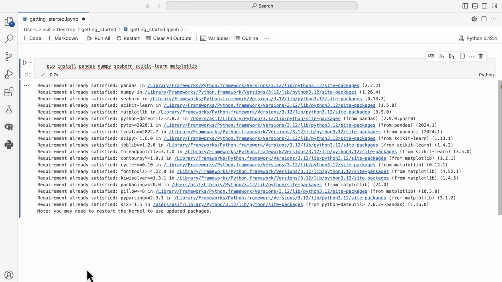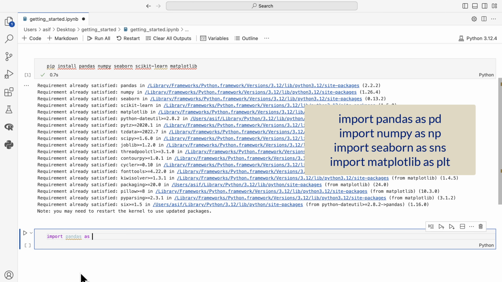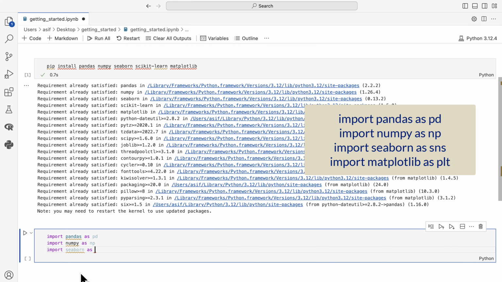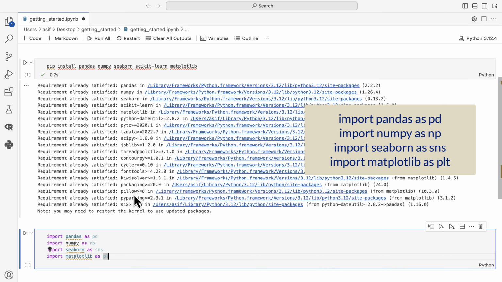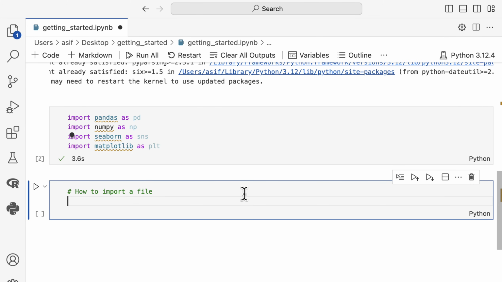In order to create a new command, click on code, this one, and import pandas as pd, numpy as np, import seaborn as sns, and import matplotlib as plt. If you run it by clicking on this one or Shift+Enter, the next step is how to import